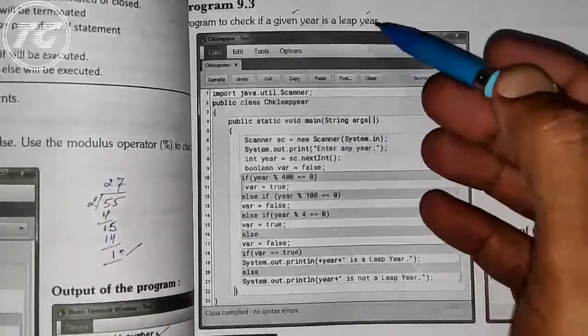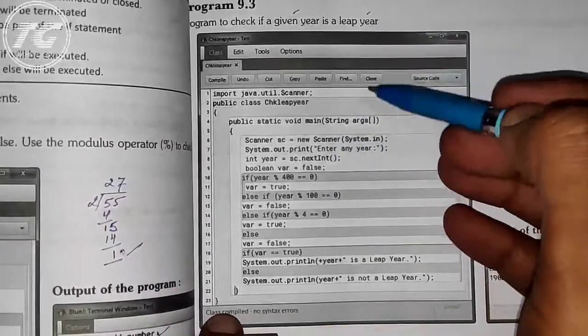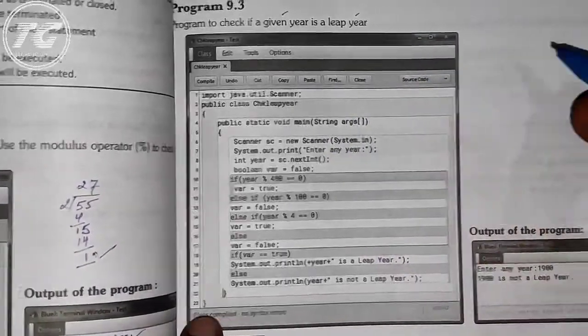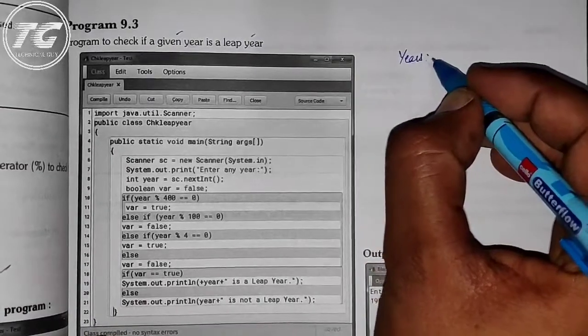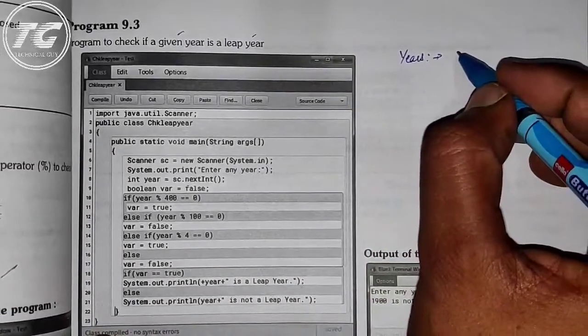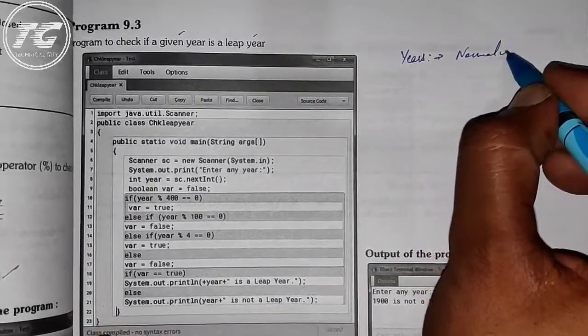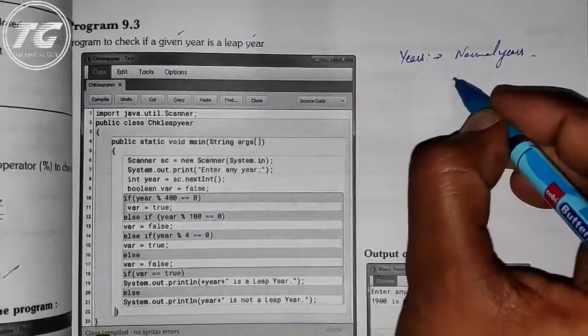So next, before moving further, before explaining this program, let me tell you that in years, we have normal years and we have century years.